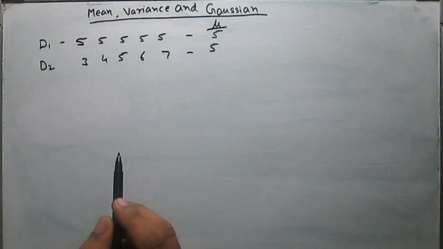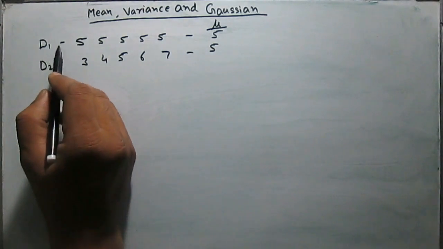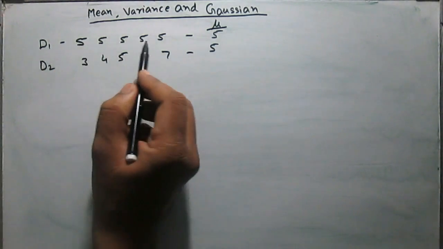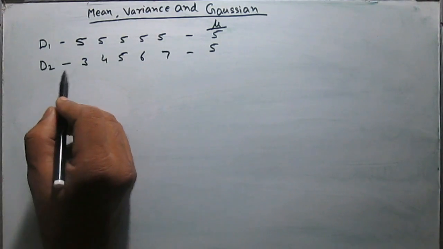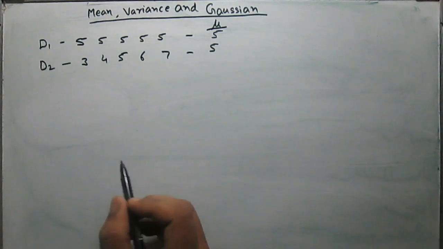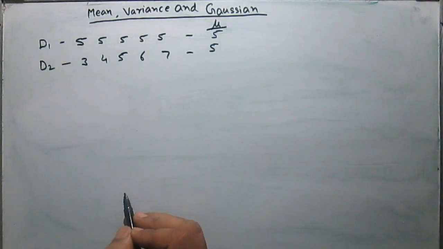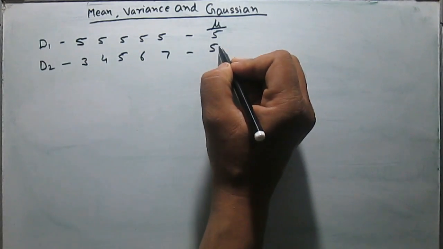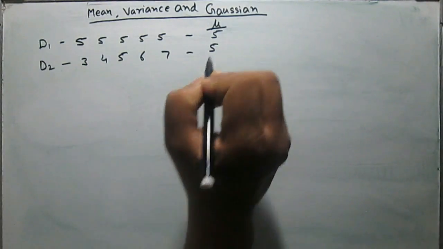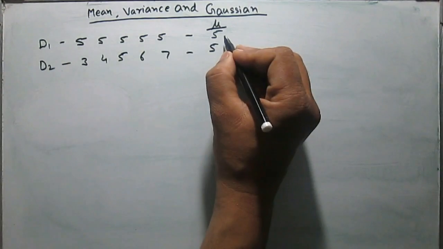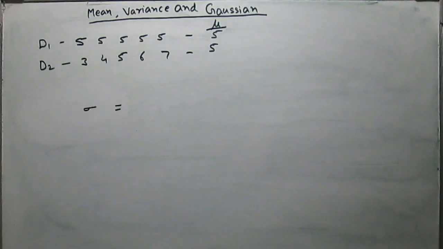Following data sets. Data set D1 contains all the values equal to 5. D2 is like that: 3, 2, 5, 6, 7. We can see that the mean for each of the data sets is 5. Here the mean is not able to discriminate the two data sets, so we look at the average deviation of the data elements in the